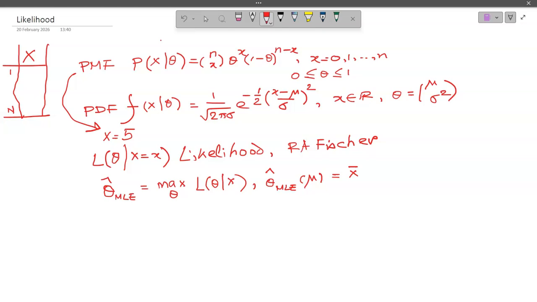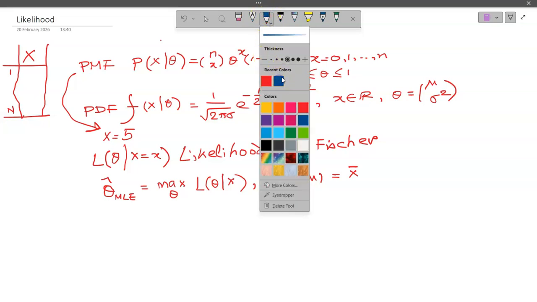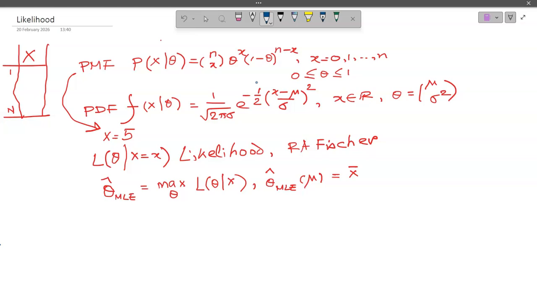There is application in Bayesian statistics also. If we think about Bayesian statistics,